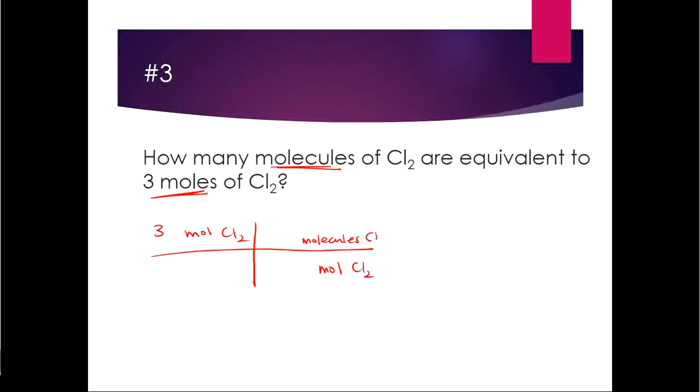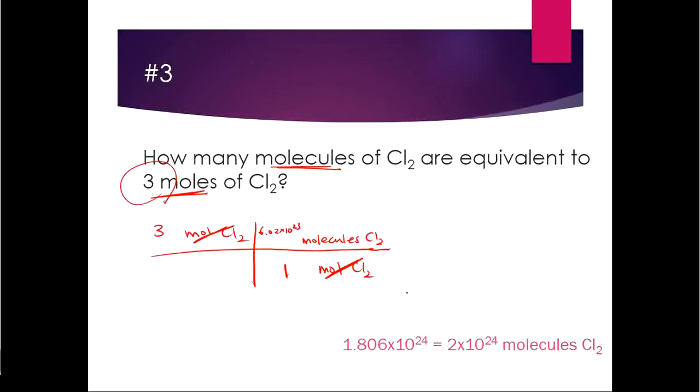Remember that mole is something that is big enough for us to see and use for experiments. So, what do we put here? How many molecules is equal to how many moles? 6.02 times 10 to the 23 molecules is equal to 1 mole. Our moles cancels out, and you multiply across, you divide by 1, and you get an answer of 1.806 times 10 to the 24. Here we do only want one significant digit, so that goes to 2 times 10 to the 24 molecules of